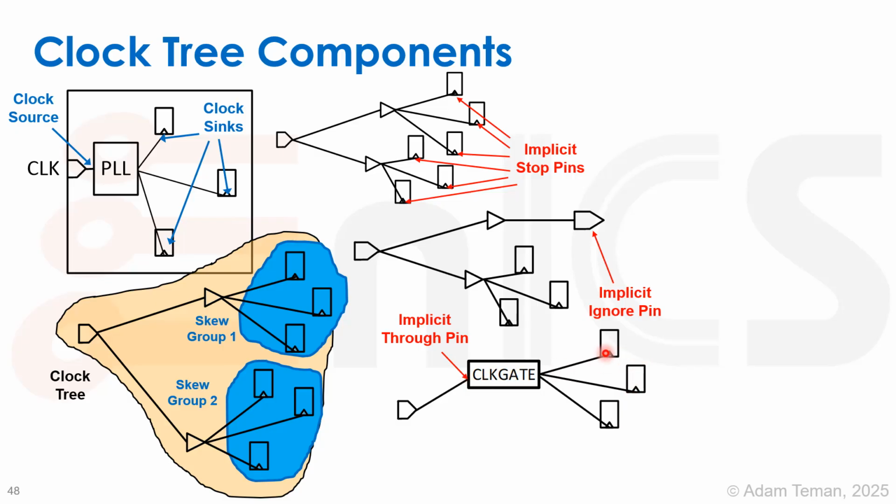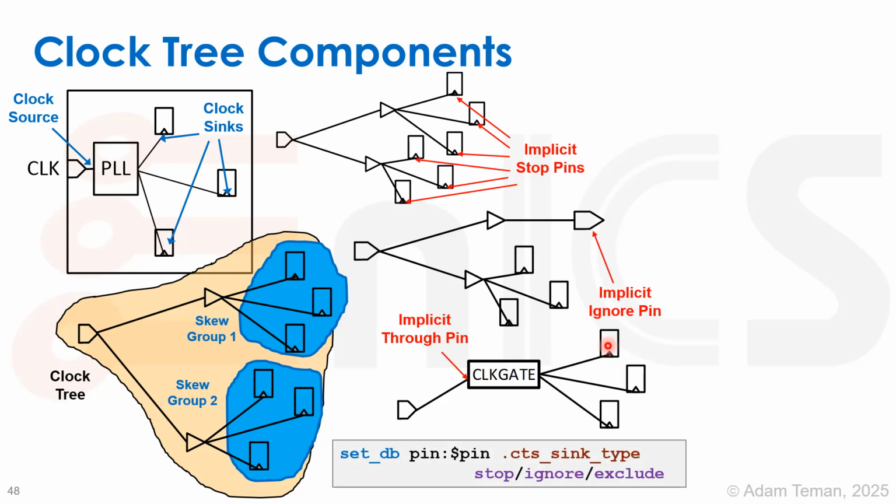So we're going to be balancing these guys. We're not going to be balancing this with that. God forbid, that would not be really nice. Okay, so how are we going to do all of this? We're going to use a setDB, give it the pin name, and do .cts sync type, and we have three